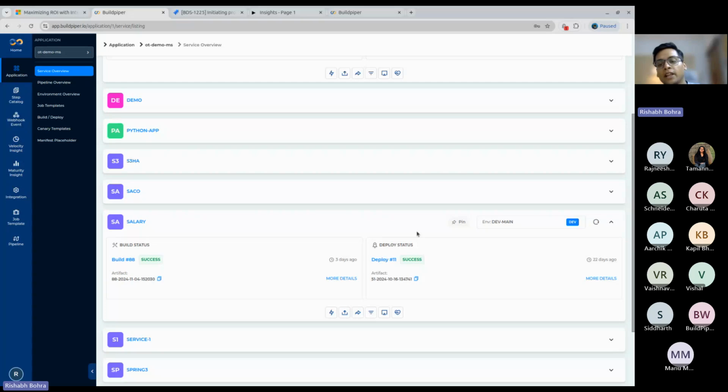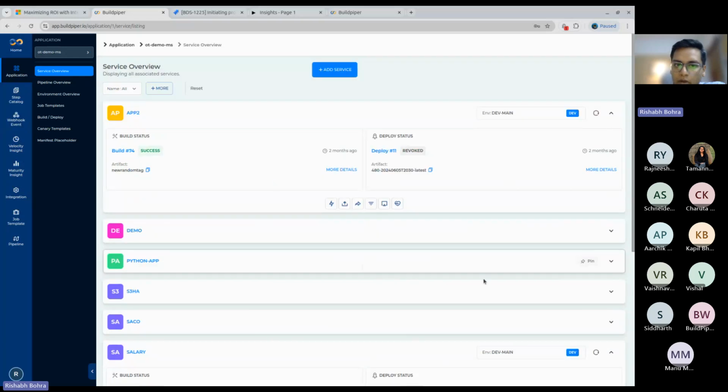When did the last pipeline run for the dev environment or the QA environment deployment, etc.? You don't have that hassle anymore whenever you are using Build Piper. So essentially, this service overview provides the self-service kind of experience where the developers can come in, do their changes. They can trigger the build either with the basic templates or the security integrated templates, where they have a lot of security checks into the picture with respect to the respective environments that the devs and the QAs or the